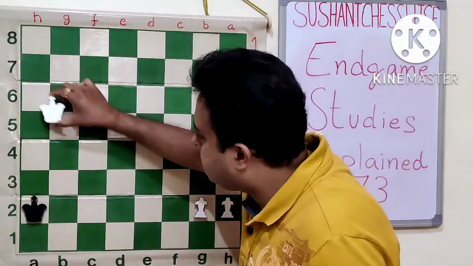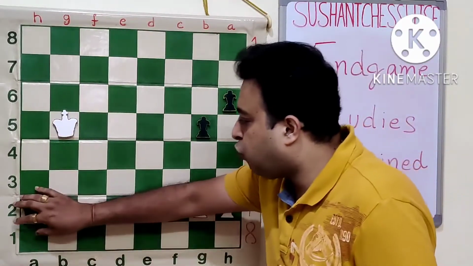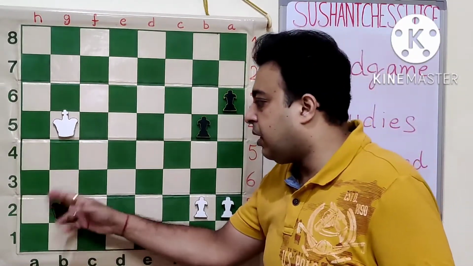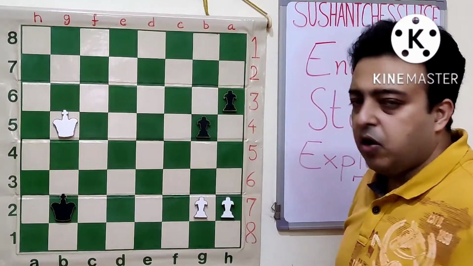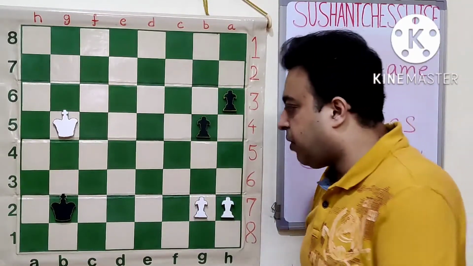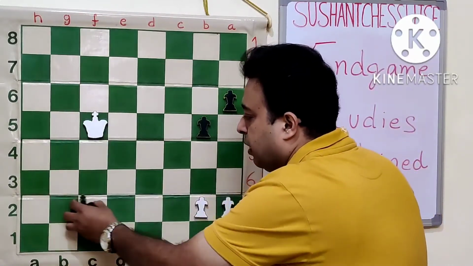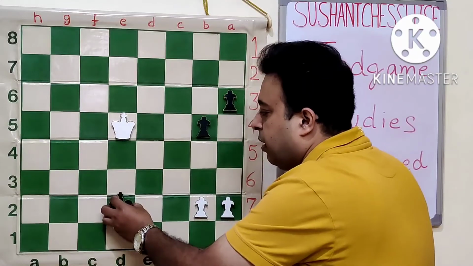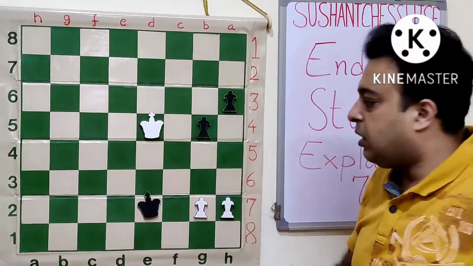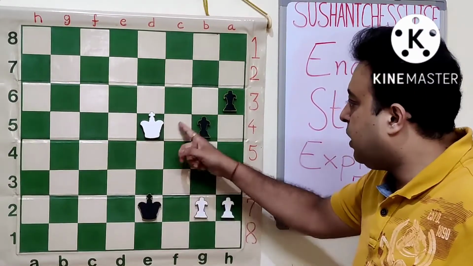After kb5 and kb6, black should play the move kb2, because here if kb3 is played, there is fear of giving up the opposition to white again. So let's see what is the difference. Let's go into this line first. After kc5, kc2, kd5, kd2, ke5, ke2, here we see the important point that after kf3, kf2, we see kg6